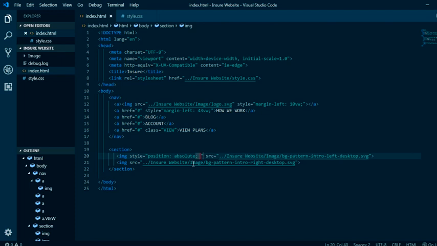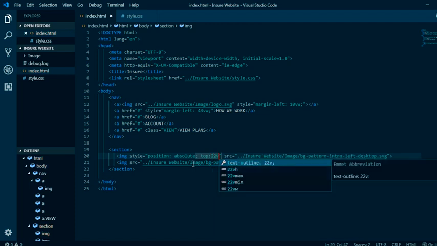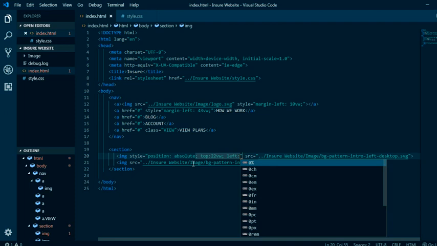Then the next there is the top. When we talk about the top, we mean the distance between the top, the navigation bar, and the footer. So that's what we want to put. The top, what do we want? We want 22 VW, and the next there we want the left, so that it will shift to the left, because we want it to be at the left. The left will be 0.5